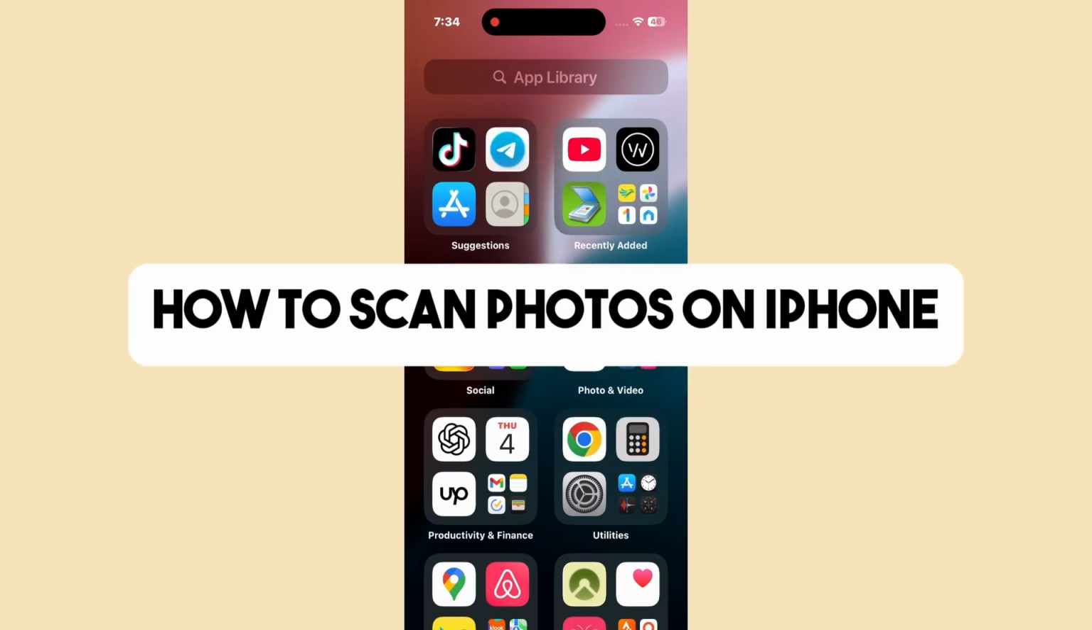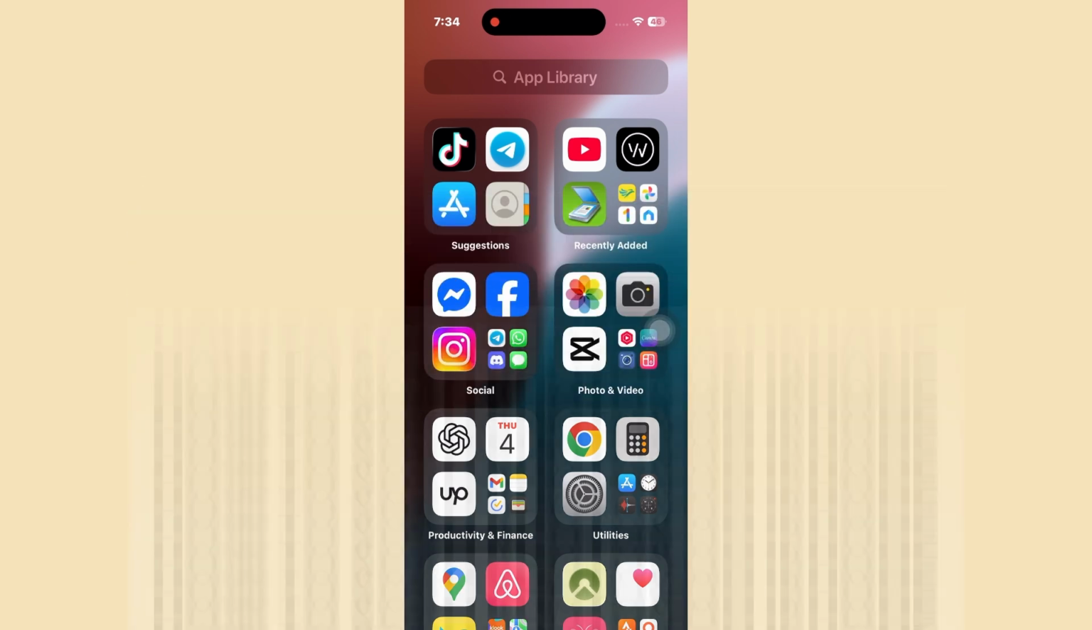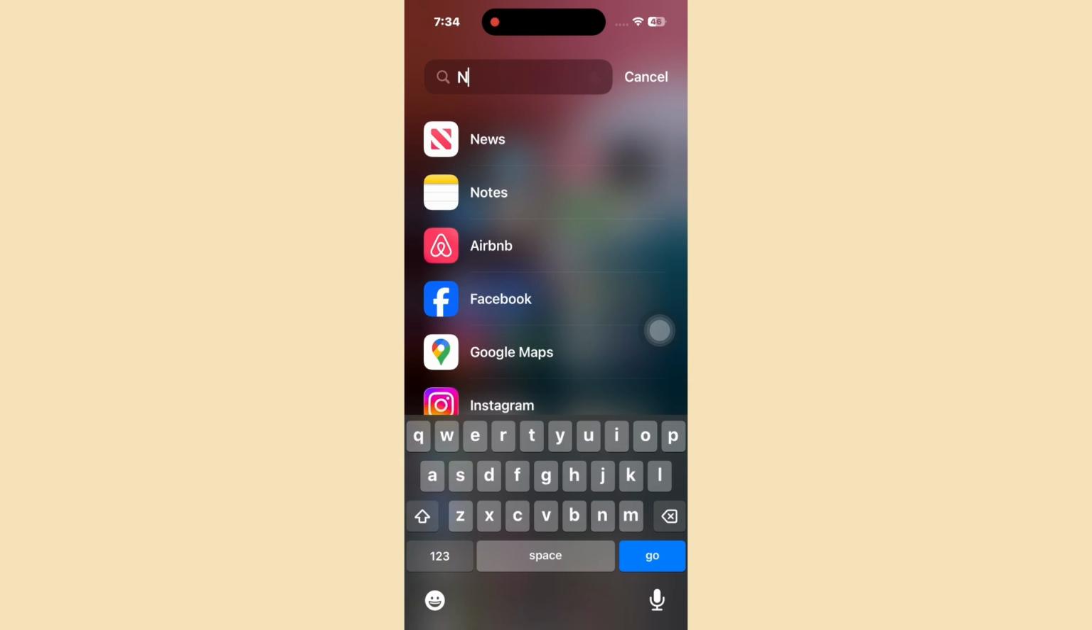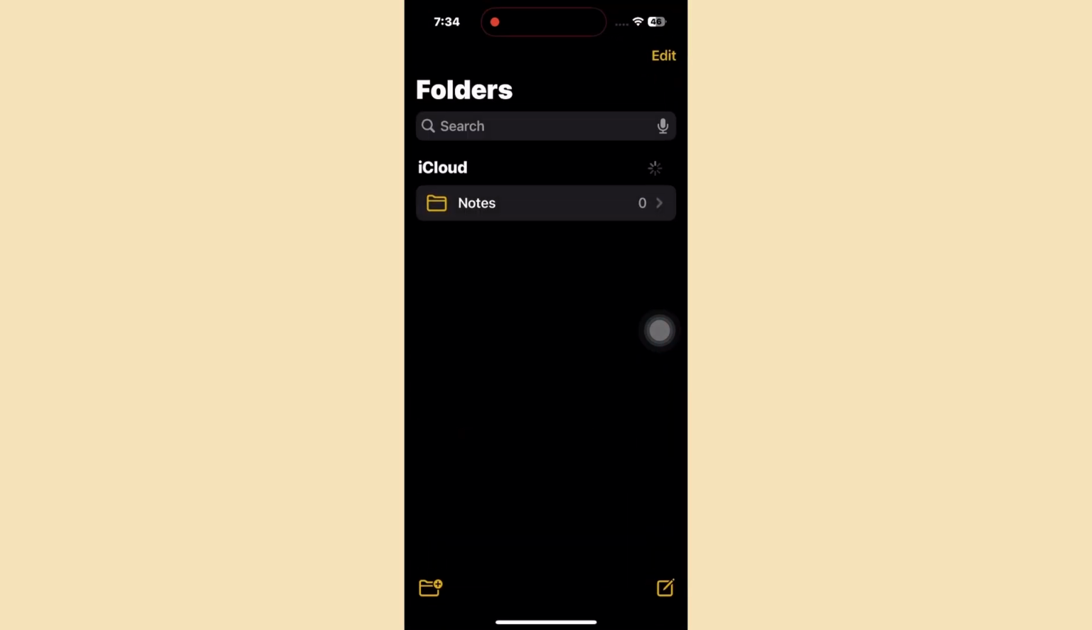Today I'll be showing you how to scan photos on iPhone. So guys, we are going to be utilizing the built-in feature of iPhone. To do that, you just simply go to the Notes application on your device. And now over here, you can just simply go ahead and create a new note at the bottom right corner